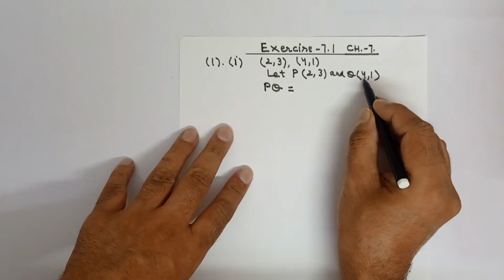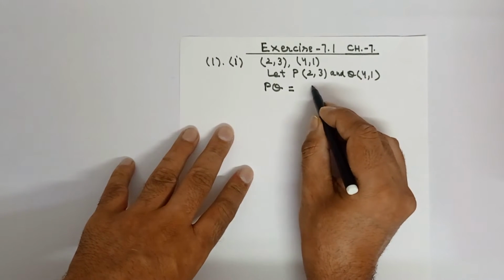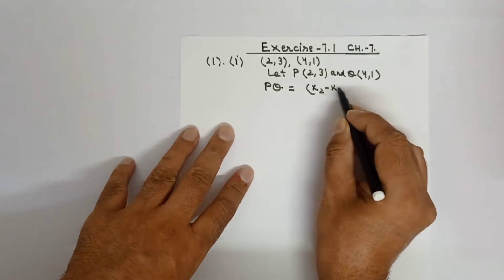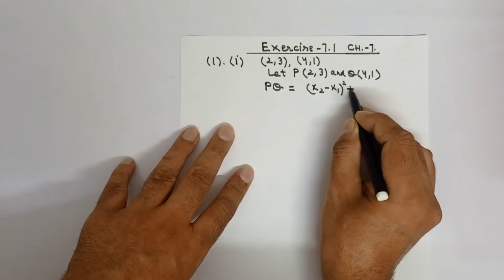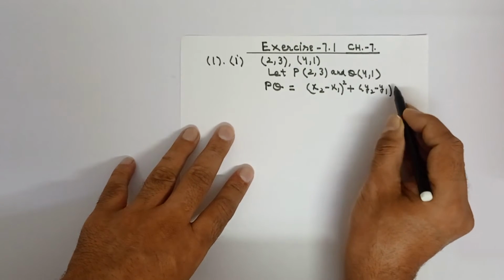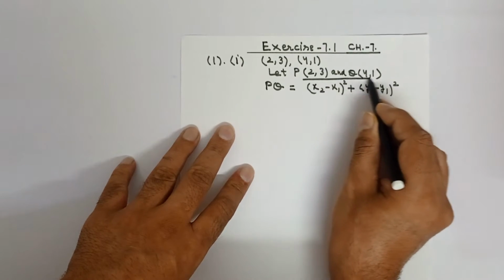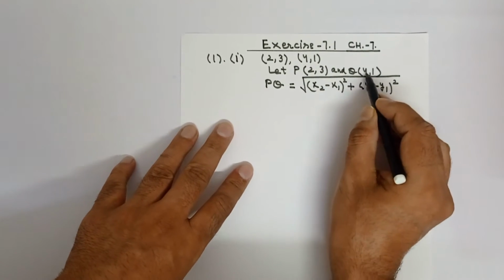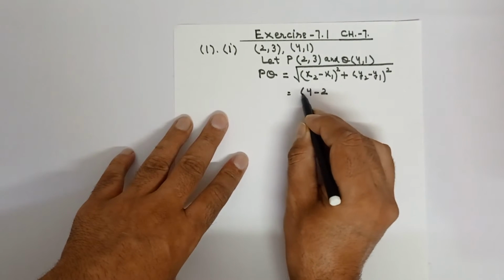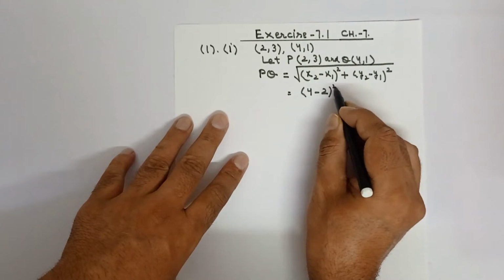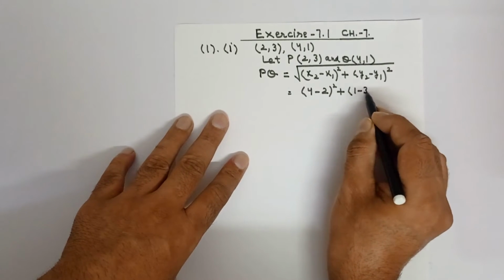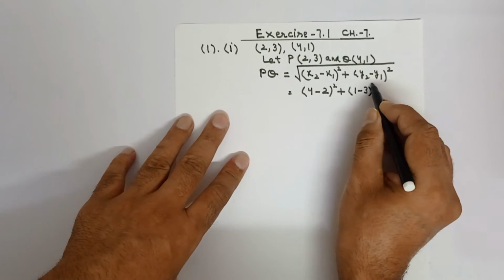So in the first question I am taking the formula x2 minus x1 whole square plus y2 minus y1 whole square under root. Here x2 is what? 4. x1 is 2. This is x1 square plus y2, here is 1 minus y1, which is 3,